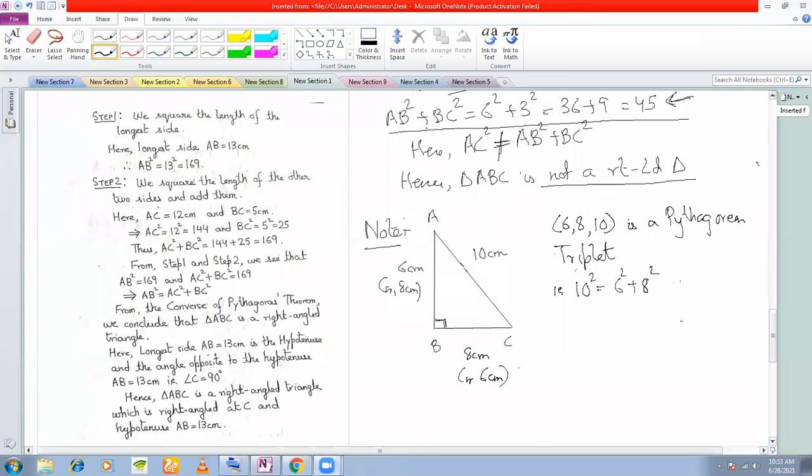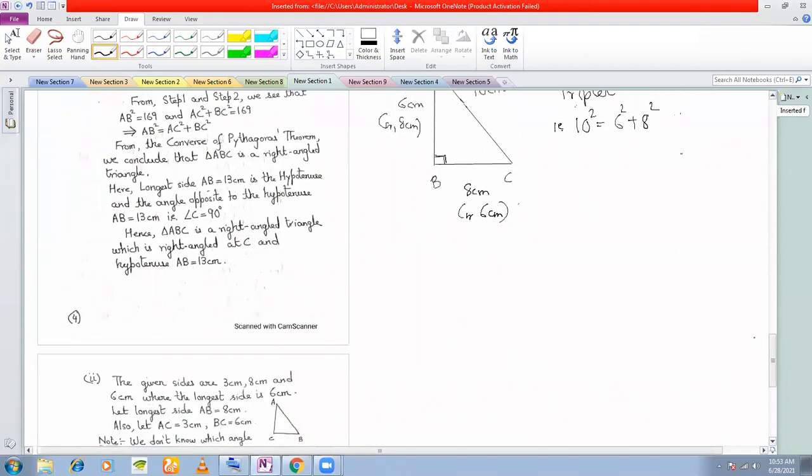So how will we get to know which is the Pythagorean triplet of which number? You have to remember the common Pythagorean triplets, like 3, 4, 5. Otherwise, if you don't know them, remember in class 8 I taught you how to take out a triplet if one number is given. What was the triplet? m square minus 1, 2m and m square plus 1, isn't it? This is the greatest number.